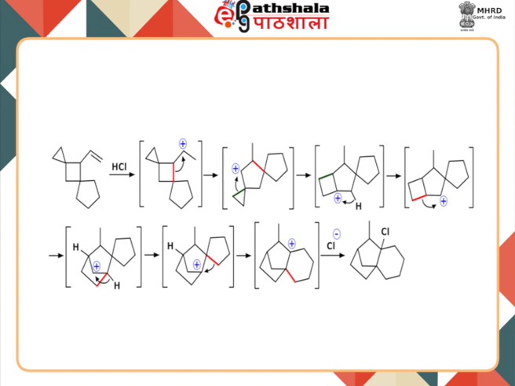So, here you can see that all the rearrangements are happening in a way that the molecule is relieving strain. More stable cyclic systems are getting formed. What we have learned in this module: carbocation rearrangement is an important tool for organic reaction mechanisms, and it is very important to understand how to carry out these rearrangements in order to justify the major products or the other byproducts which are getting formed via the